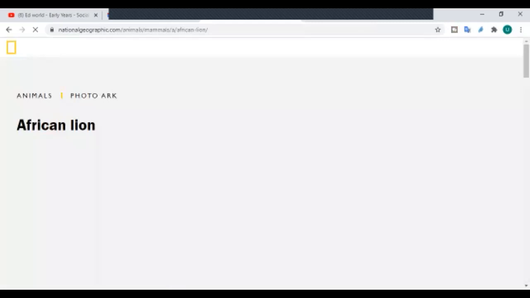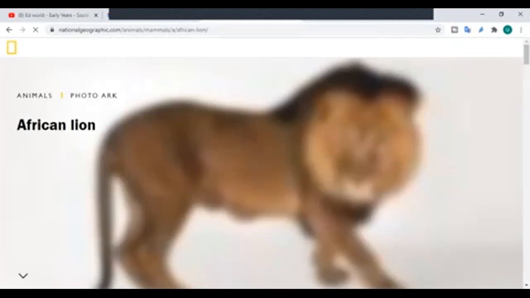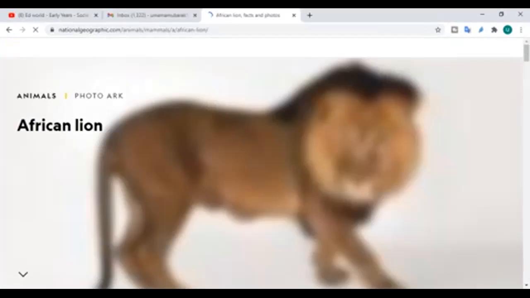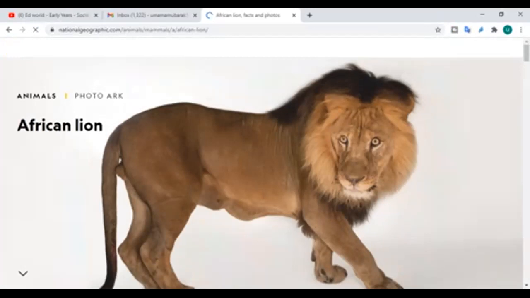Now, the page that has opened in front of me is another web page. Why do we call it a web page? Because it is showing us the information that I needed, in a page, right? I need information about a lion, and they have summed up all of the information related to lion on this page, and displayed it in front of me. So this is a web page, right?